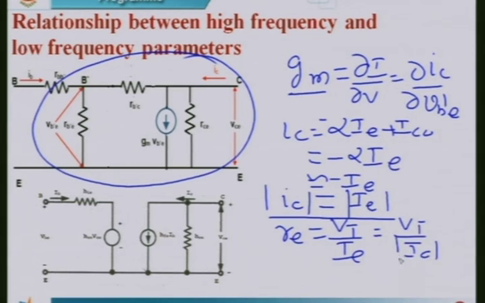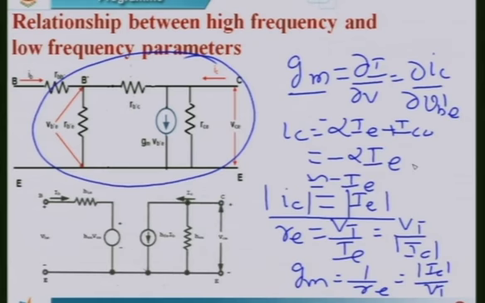The resistance value is always positive; the negative sign only indicates the direction of current flow. Hence, g_m is nothing but 1 by r_e, directly proportional to I_C and inversely proportional to V_T. Where V_T at room temperature is equal to 26 millivolts,